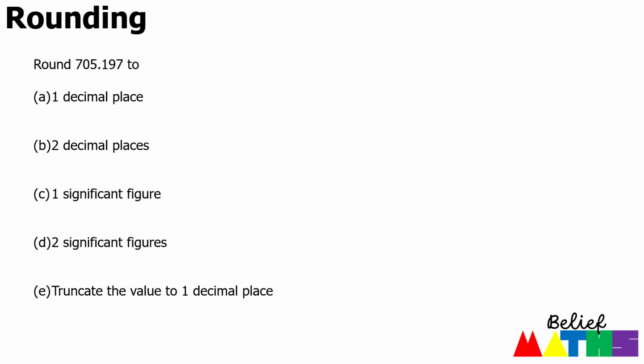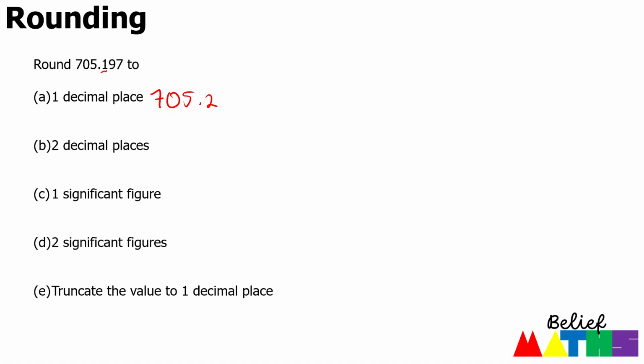The first topic we're going to look at is rounding, and rounding can form part of any paper, but it tends to be that last mark on questions, and we just want to make sure that you don't get that wrong. So it says round 107.197 to 1 decimal place. Looking at that first decimal place, the number after that is a 9, which means it's closer to the next value, so you should have got